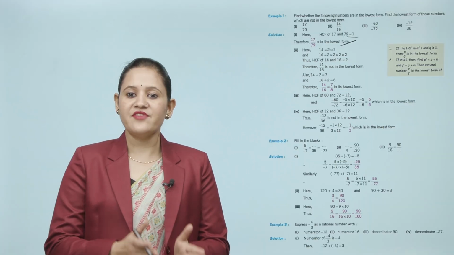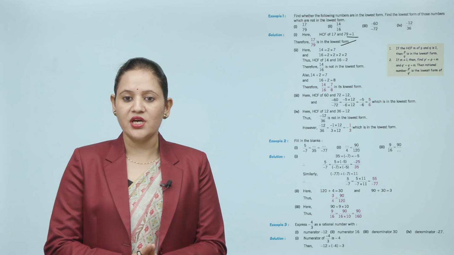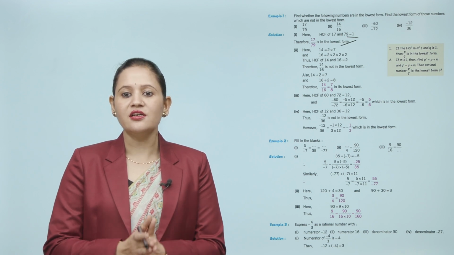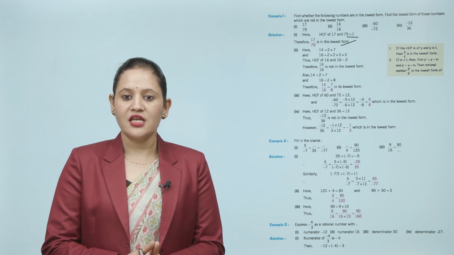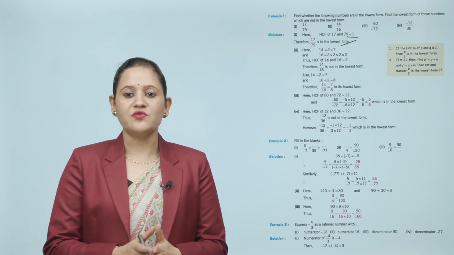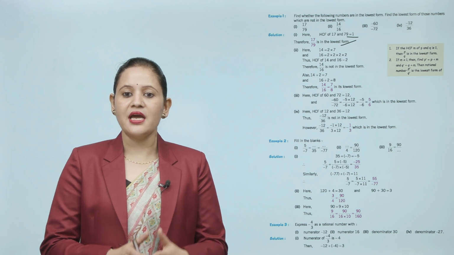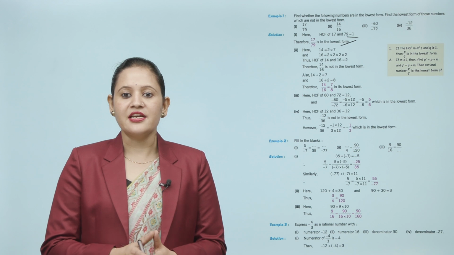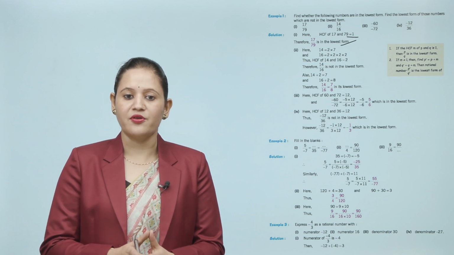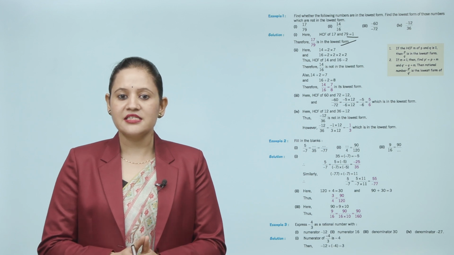Clear? If the HCF M of P and Q is 1, then P upon Q is in the lowest form. If M is not equal to 1, then find P dash equals P divided by M and Q dash equals Q divided by M. Then the rational number P dash upon Q dash is the lowest term of the number. Clear? Next is